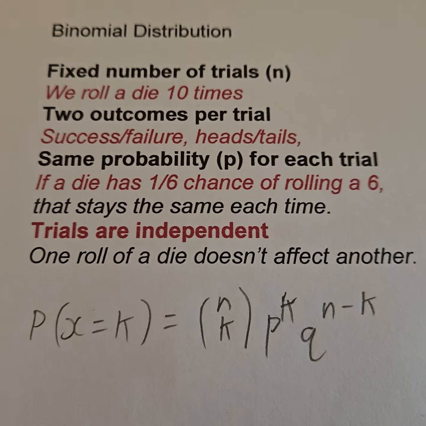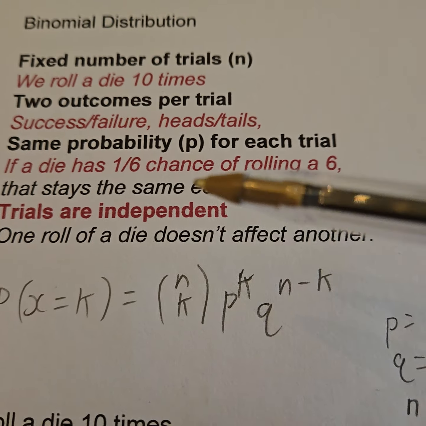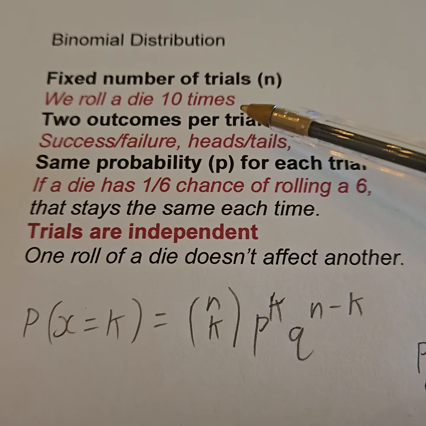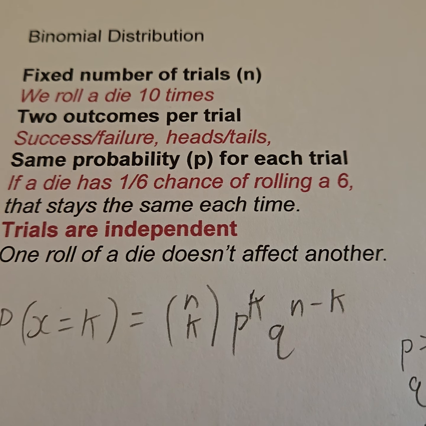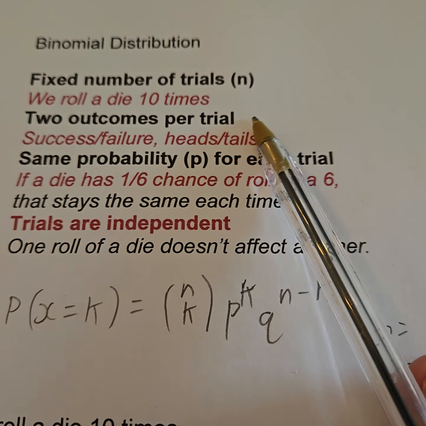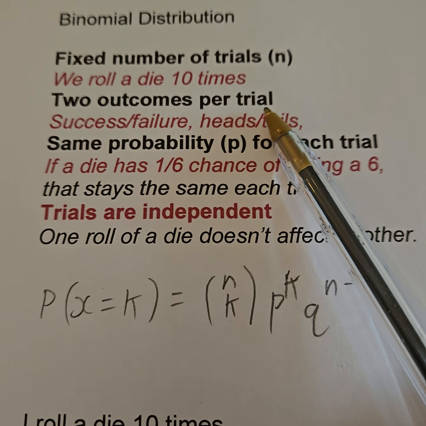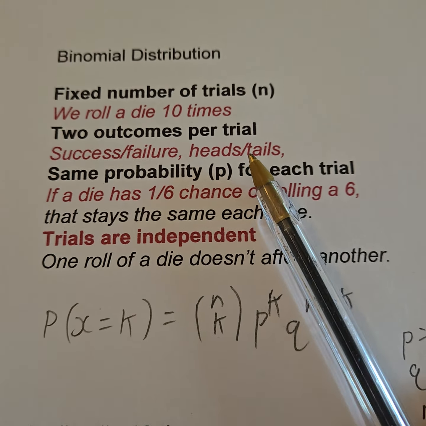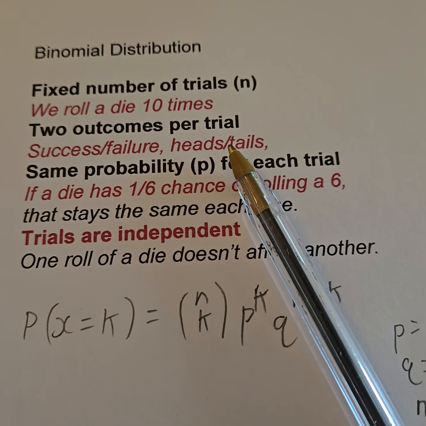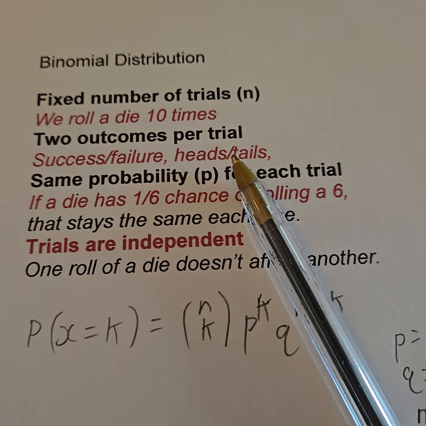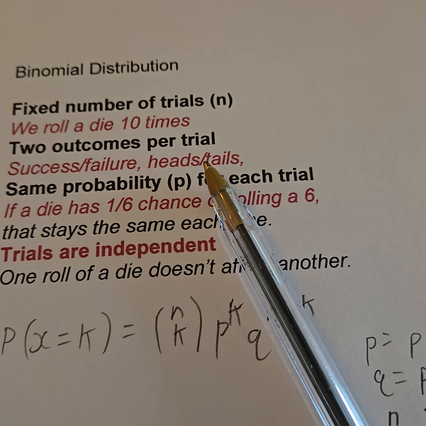Okay, a binomial distribution is when you have many events happening, but they all have the same chances of an outcome. And what I mean is if you have a number of trials, like let's say I'm rolling a dice many times, and each trial, the outcome can be divided into two. We can call it a success and a failure. It's like if I'm rolling a dice, if we call 1/6 a success, then not 1/6 is not a success. Or I'm flipping a coin, I can call heads a success and tails not a success.